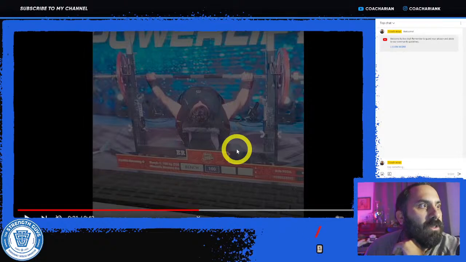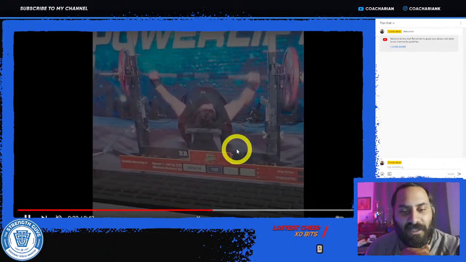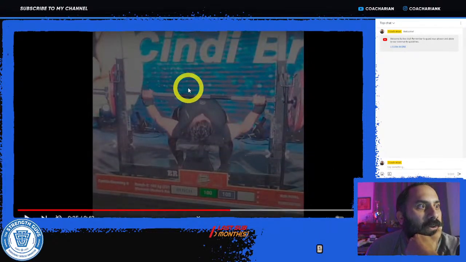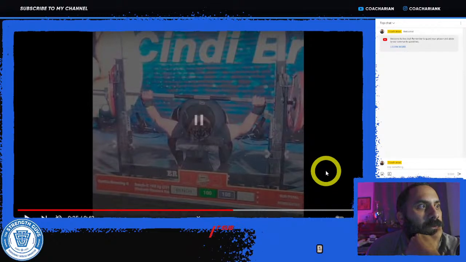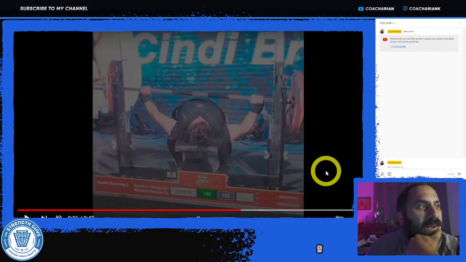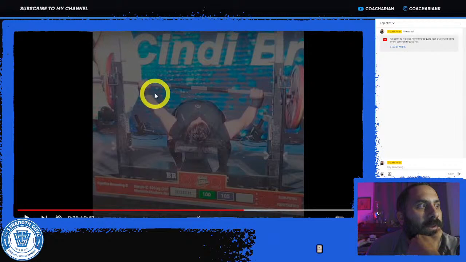So there potentially could be some imbalances here even on the first, which you can then see more on the second attempt here, where it's getting a little bit slanted as well. And then again here, you can see she's pushing with her left side a little bit faster. And again, it looks like it's locked out, and this one is not.